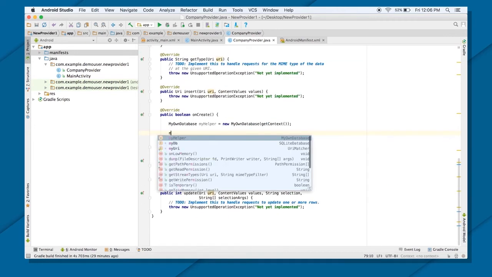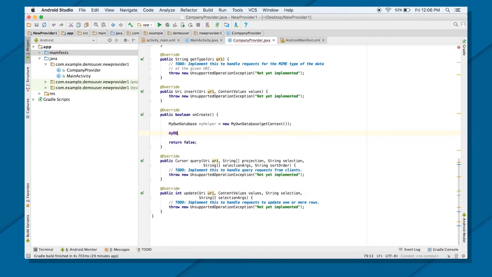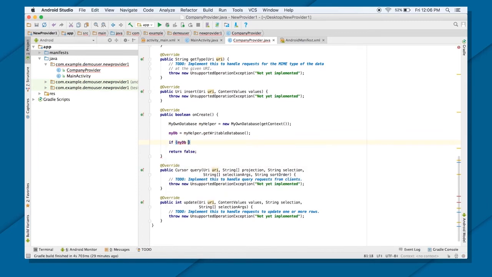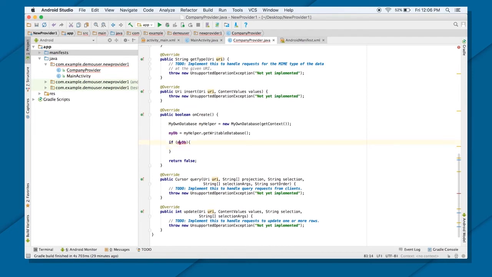So my DB equals my helper dot get writable database. If my DB is not equal to null, that means there is a writable database.